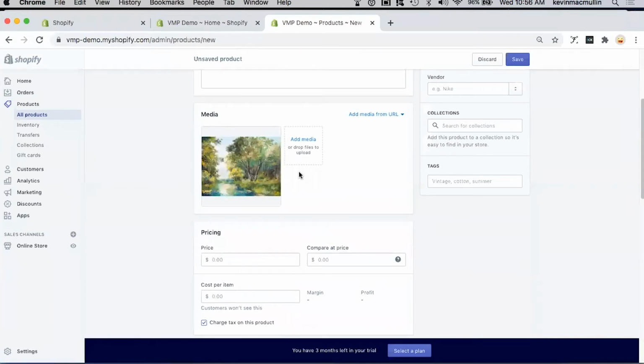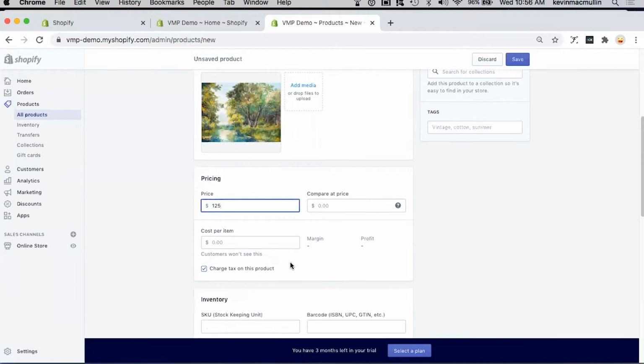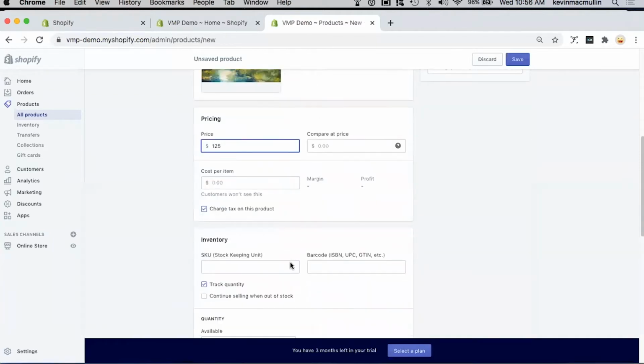Typically, I would have more. I would add those in as well. This one's more expensive. I want $125 for this one. And all of the other things that we mentioned, you know, if there was a